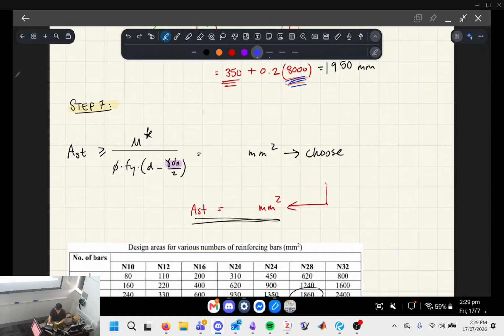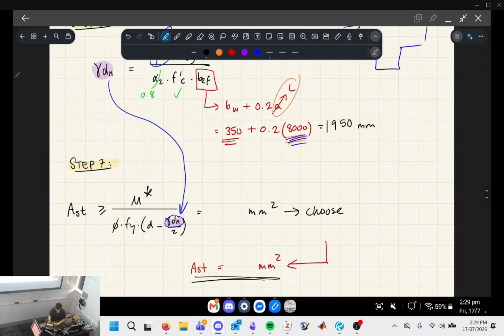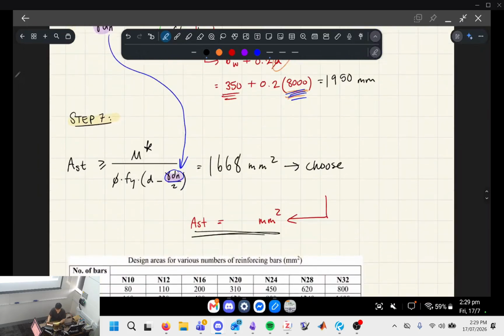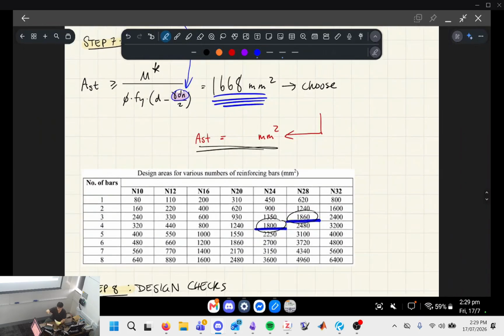This value is what we plug in from here. When we plug everything else in, we get this number. What this is telling us is that the range of steel which is acceptable has to be greater than 1668. So when we look at our design area for reinforcing bars, the nominal areas,